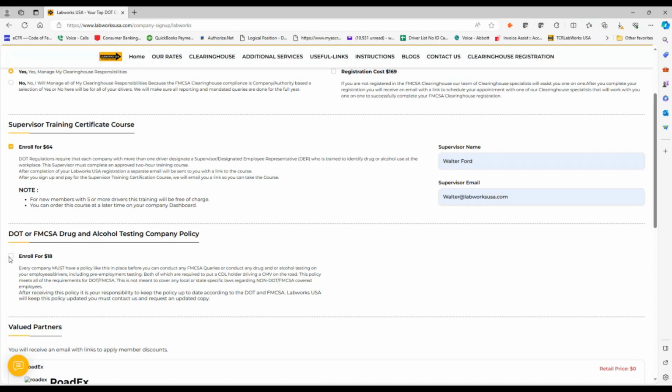We offer drug and alcohol testing company policies. Everyone must have a company policy enacted in order to conduct any drug testing, any federal drug testing. It gets even more important to have a company drug testing policy if you're doing non-DOT or non-federal testing, and then you have to really work with your state and local. But if you purchase this policy now, you will receive a company policy that is compliant with the federal requirements, which includes the